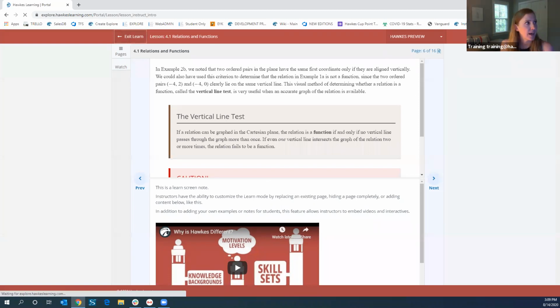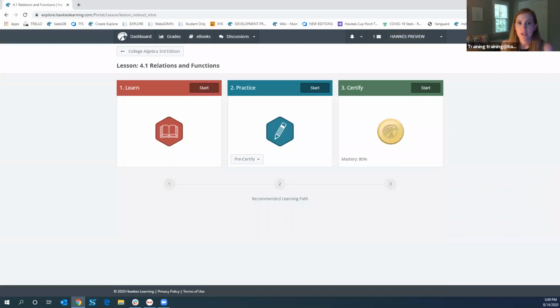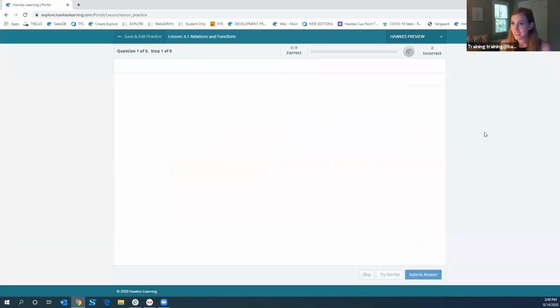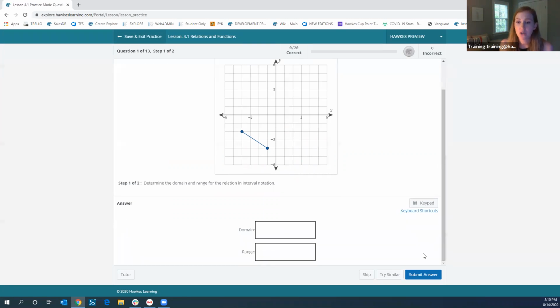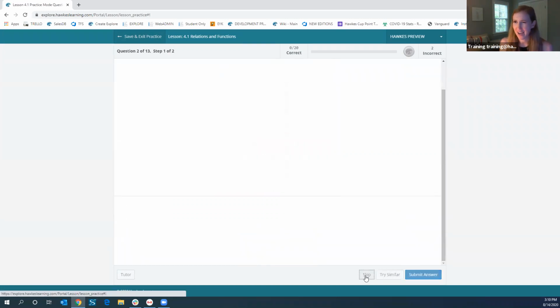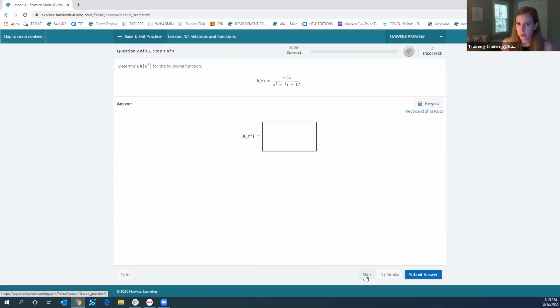With that being said, I will go ahead and log into the next mode, which is practice. And practice is just as it sounds. It really is where students should go to prepare and practice before Certify. It's where they will go to get a lot of extra help and feedback and assistance while they're learning this